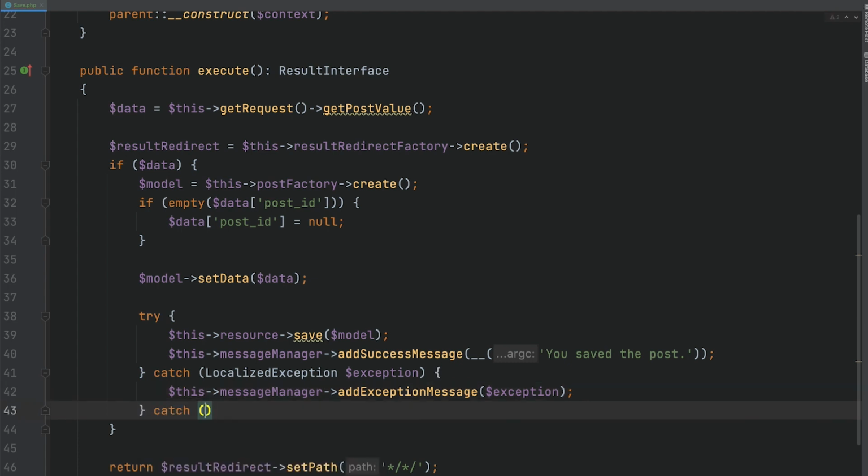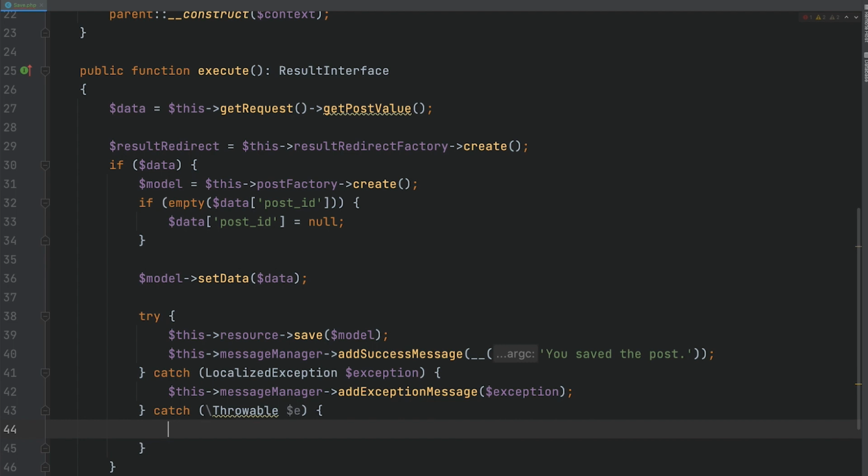However, there could be an exception that is not a localized exception, and in this case we are going to add an additional catch that will catch all possible exceptions. For this scenario we are going to use add error message. We will have our custom text, something like, something went wrong while saving the post.